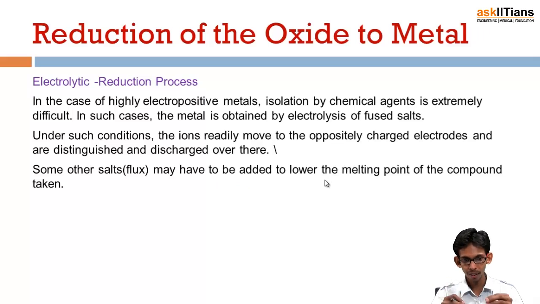We know that we have the metal ore in the electrolytic cell. We will pass electricity, because of which that metal ore will melt and the ions will move. But before this we need to melt the ore, and some of the ores may have a very high melting point. It may be very difficult to melt them. That is why sometimes some flux or some external substances are added along with the ore in order to reduce its melting point.